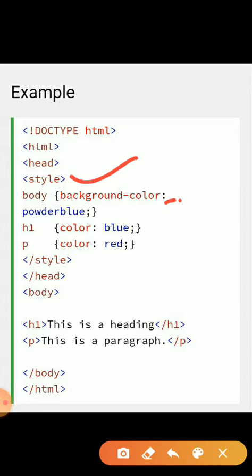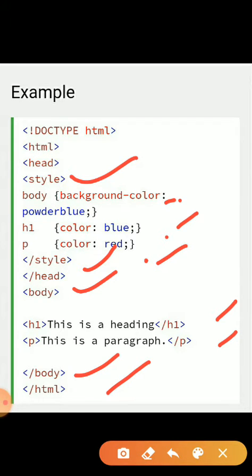Okay, so it will change the page background color to powder blue, the heading blue, and the paragraph color red, and then closing the style and closing the head tag. And here we open the body tag, then heading tag, paragraph tag, closing the body tag and the HTML tag.